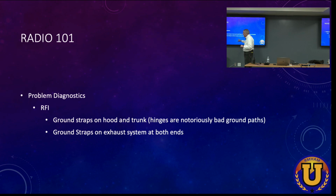Those are good. If you're going to run HF, ask me how I know. The exhaust system. You're going to want to put ground straps on the exhaust system on both ends of that. The exhaust system's all on big rubber bushings, right? The only place it's grounded is maybe the block of the engine. So a couple of short ground straps, really helpful. On my 02 Cadillac DTS, I did that so I could operate HF out of the